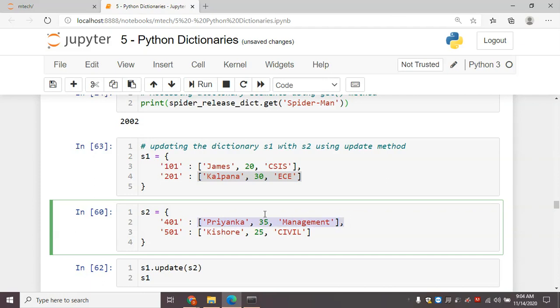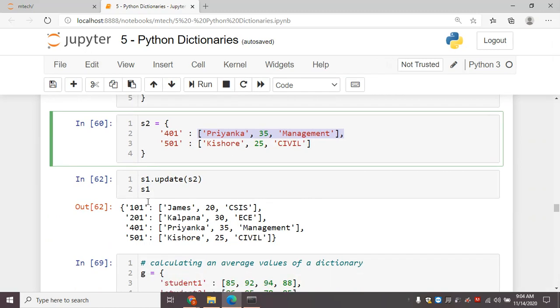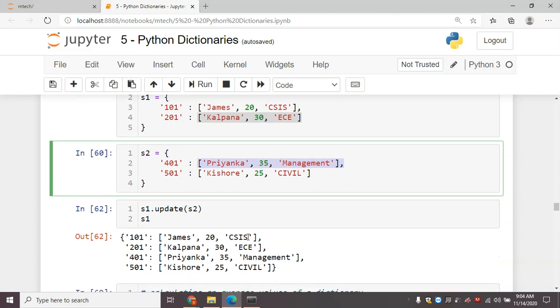Each list has a name, the age and the department. Here I'm updating S1 with S2, and I can check that both are combined into a single dictionary and assigned to S1.